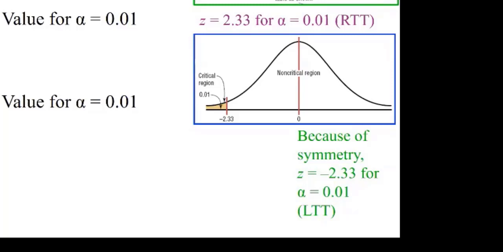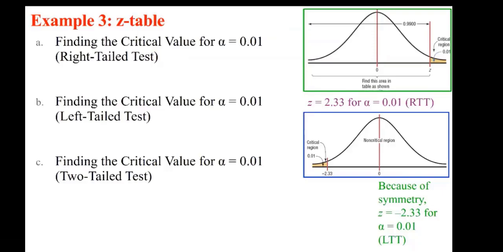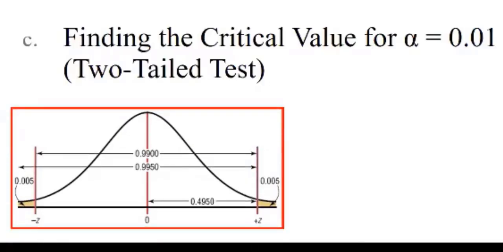Now, when you look at the last part, we want to find the critical value for alpha of 0.01, but it happens to be a two-tail test. What does it mean? It means 0.01 divided by 2 goes on each side, so each side has 0.005. You go to the Z table and look at the body of the table, not the left column, not the top row, and you look for the area equal to 0.005. It gives you negative 2.575. It's one of those common values. Then the positive one is the same thing, positive. So plus minus